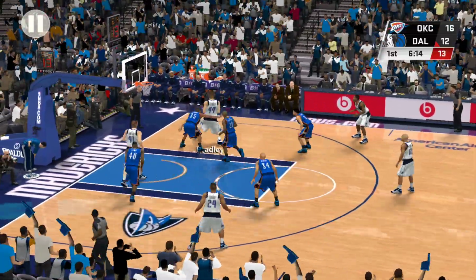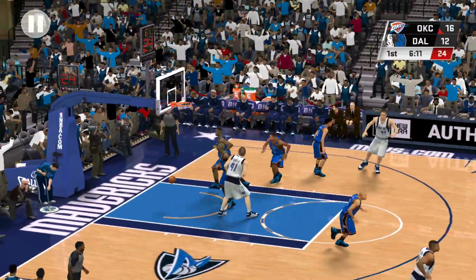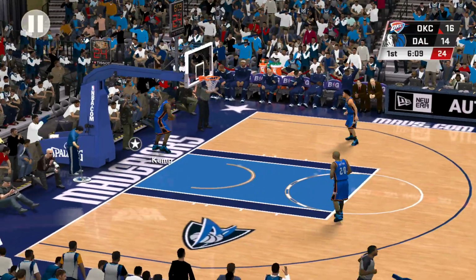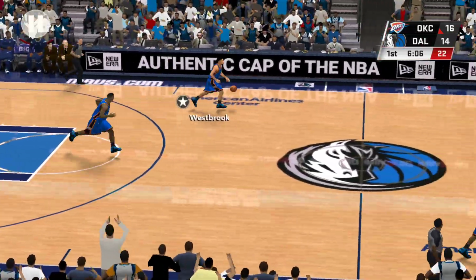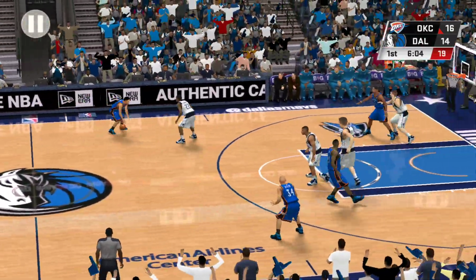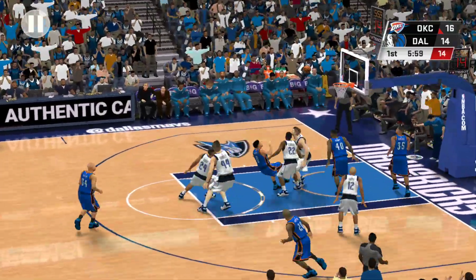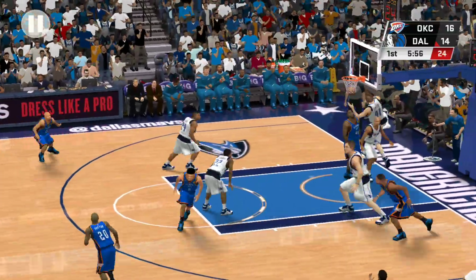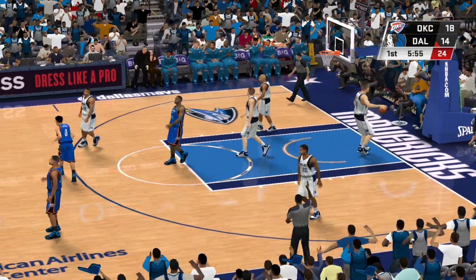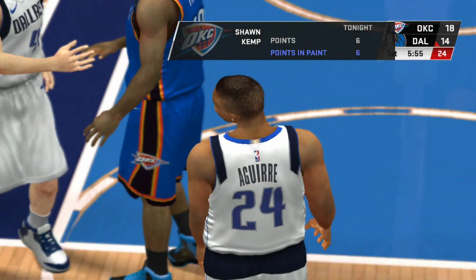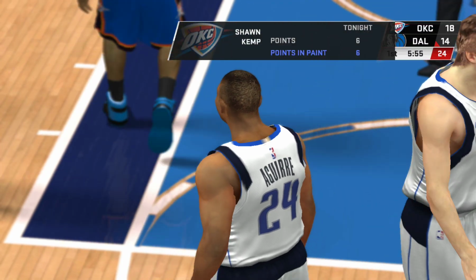Pass to Bradley. Right side Bradley. Again, the Mavericks score. They're earning their points with the jump shot now. And it's the Thunder with the ball. Westbrook up top. Teardrop shot. Here's Kemp. And a good offensive board. And he gets the bucket. 6 points for him. Dallas calls timeout.